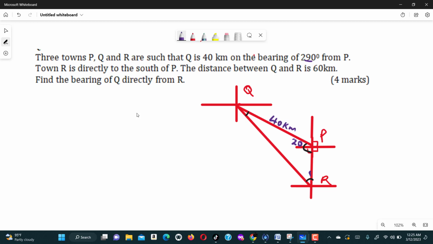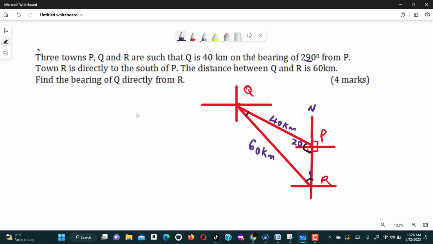Town R is directly to the south of P. So this is a compass direction for P. This is north, and below there is south. So I have just extended that line and assumed that this is the position of R. Now the distance between Q and R is 60 kilometers. So we have to join the position of Q and position of R, and the distance between them is 60